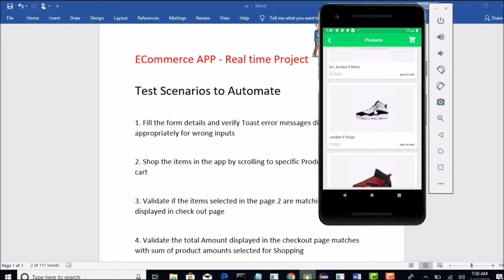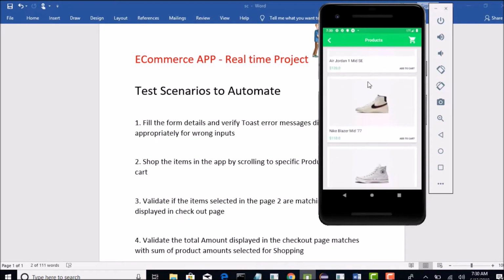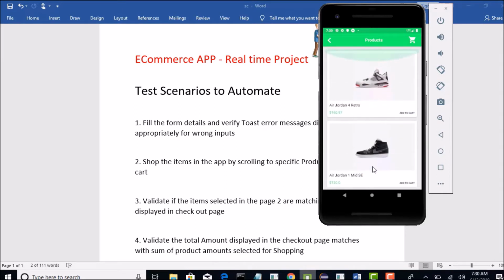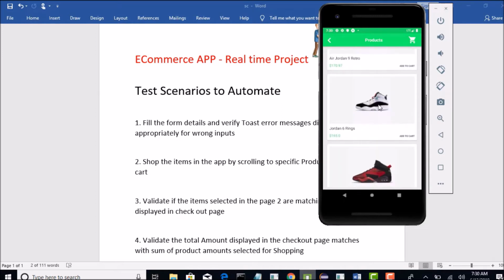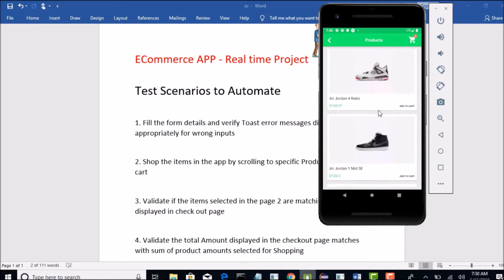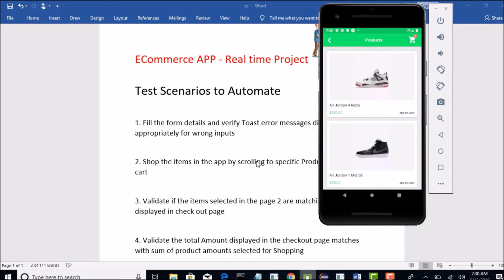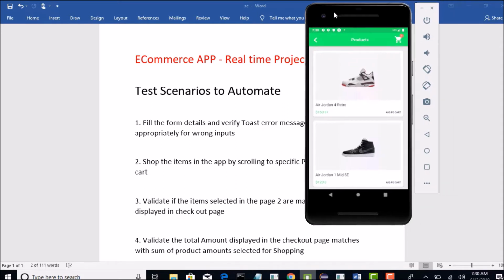First of all, you want to check whether this product is present on the page or not, because this is a newly added product from the developer side and you want to write a test case to confirm that it is added. If it is added, you have to find it, search it and click on add to cart. This is your requirement. It looks simple, but when you come to the Appium side, it's a little tricky to do automation for this scenario. Be patient, I'll try to explain all the techniques you have to use to get this done.